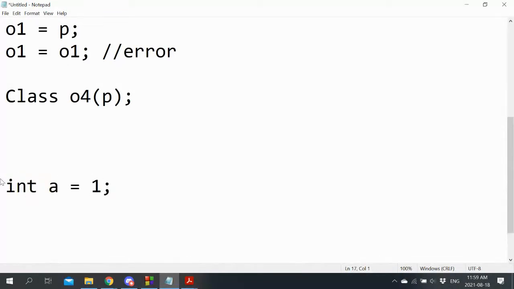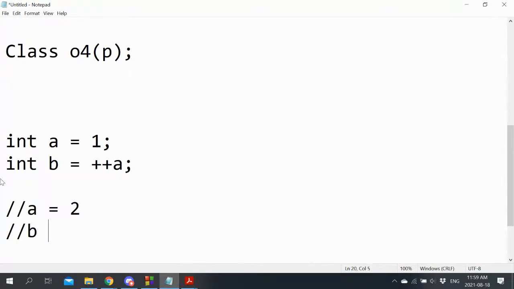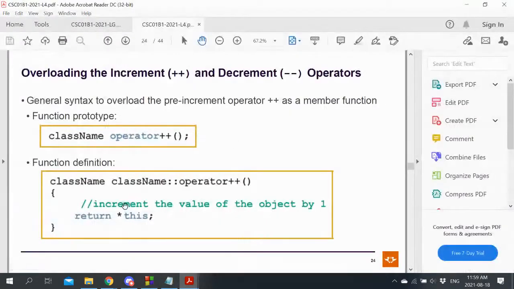Let's say we were dealing with integers, and then I had int b is equal to plus plus a. The value of a is going to be equal to 2, and the value of b is also going to be equal to 2, because basically where the plus plus is, that's where the change happens. So a gets changed and the return value gets stored in b. They're both 2. If we did it this way, then the change happens there. So we get the old value of a in b, but a still gets changed. So there are differences between plus plus the thing and the thing plus plus. So our job is to deal with those changes.